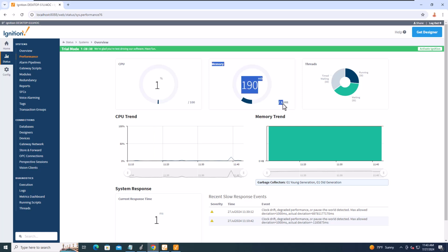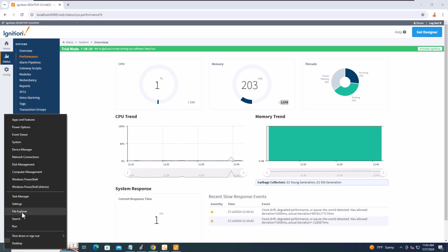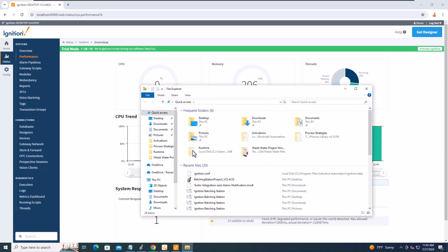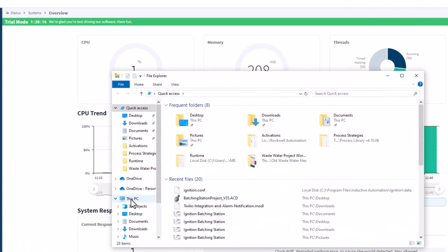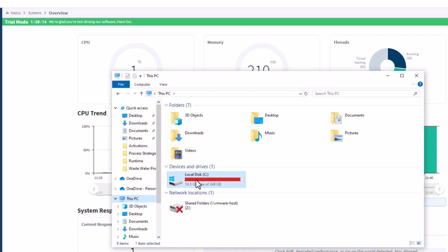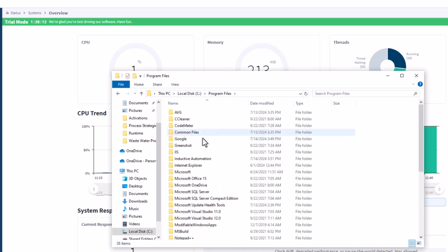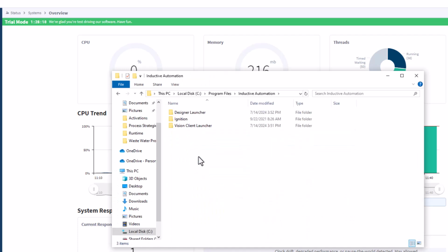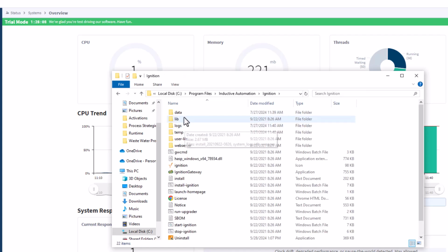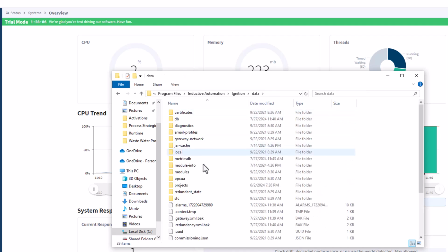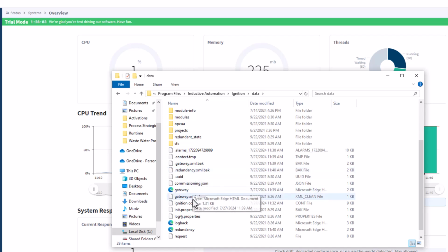So the question right here is, how do we go ahead and upgrade the maximum memory that can be used by the Ignition gateway? All right, so to do that, we're going to go to File Explorer, and we're going to go right here to This PC. We're going to go to Program Files, and we're going to go to Ignition Automation, Ignition, and then Data. What you're going to look for in data is going to be this